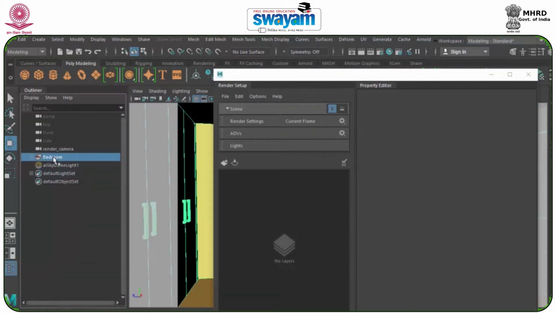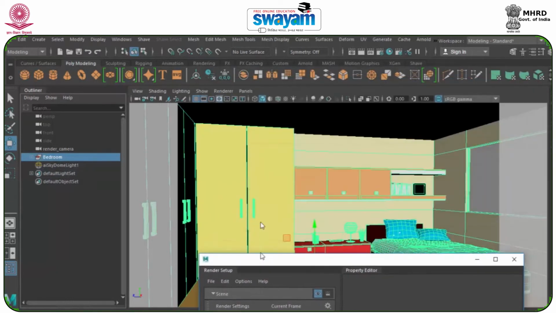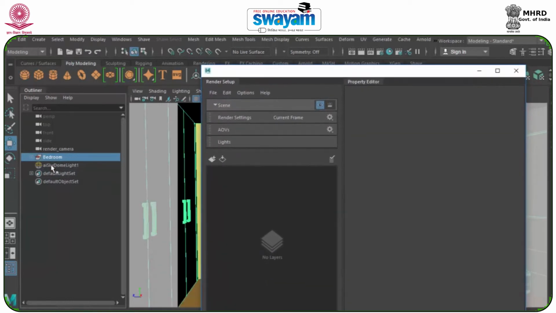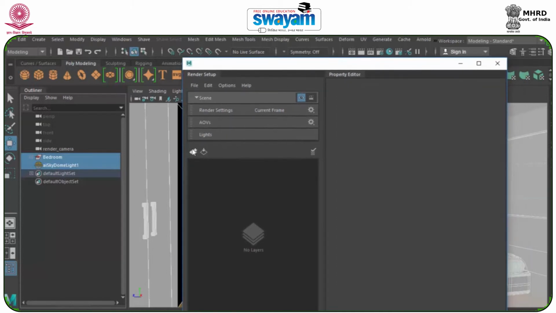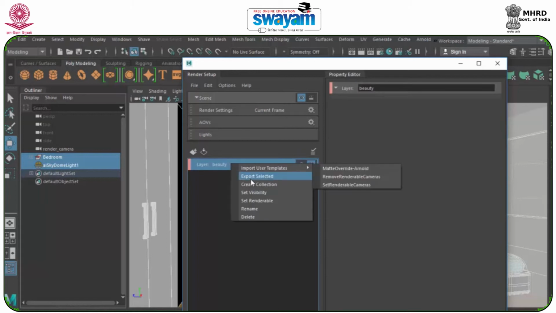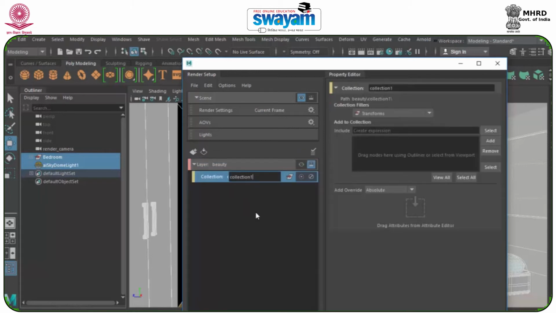So we'll select the object, which is the complete scene, and by shift selecting the light, just go to the new layer, and here we have the beauty pass. In beauty pass, right click, create collection, and in collection you got this, which is the property editor. So now add all the things, the bedroom and the sky dome light,